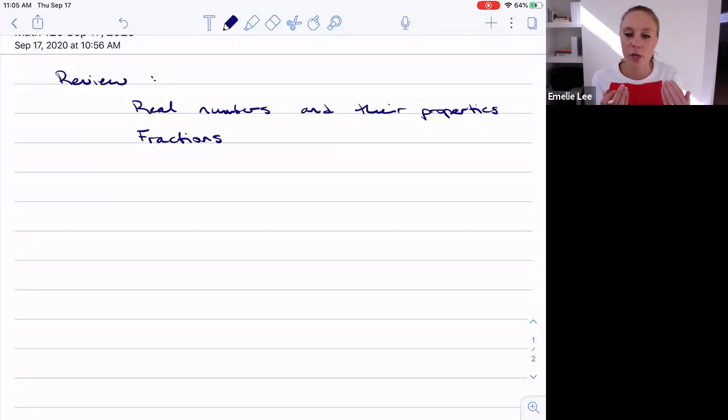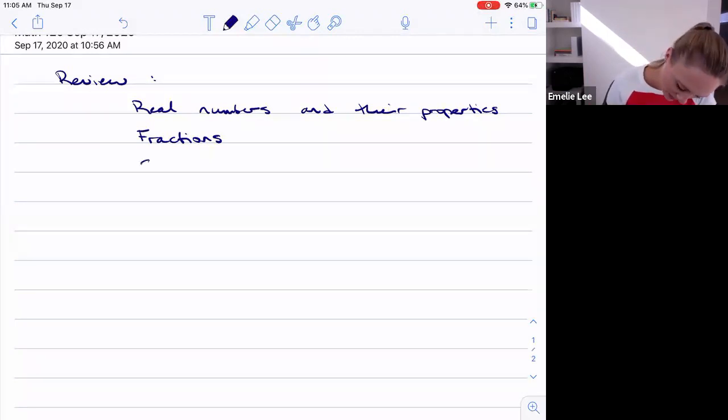If we're adding or subtracting fractions, we have to have that common denominator. And we looked at a trick for getting that common denominator. And of course, we're going to be dealing with fractions again today, so I'm not going to spend time on an example here because it's going to come up in just a little bit. And then we talked about sets, and we got into some intervals, not really, but